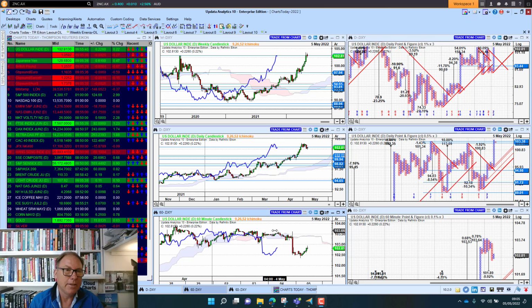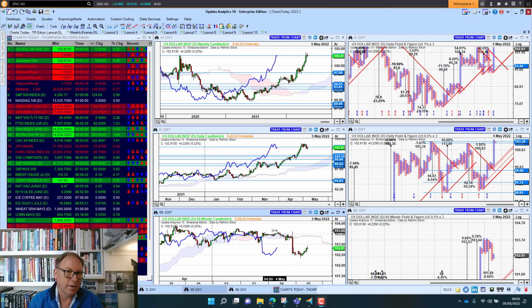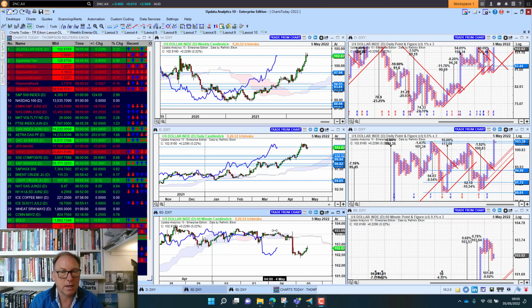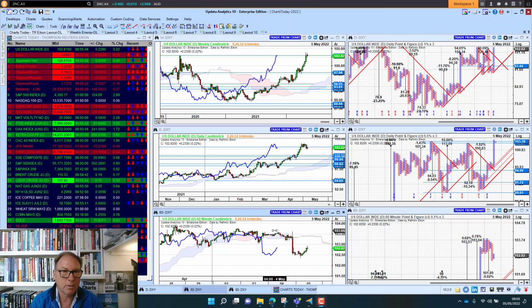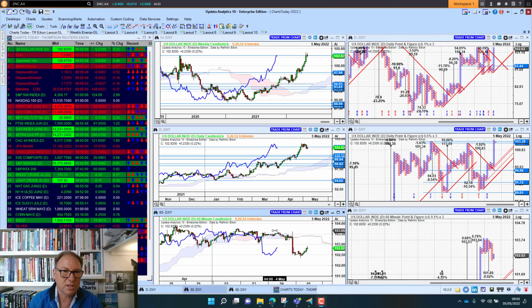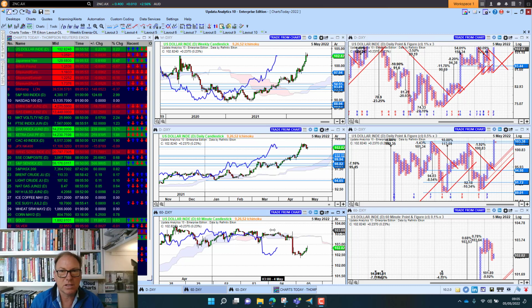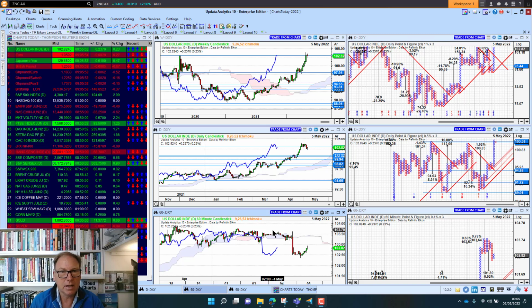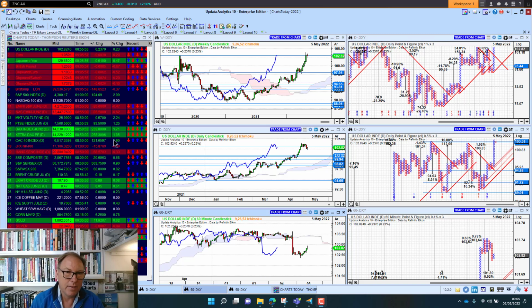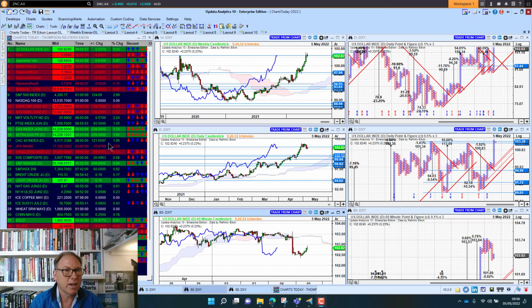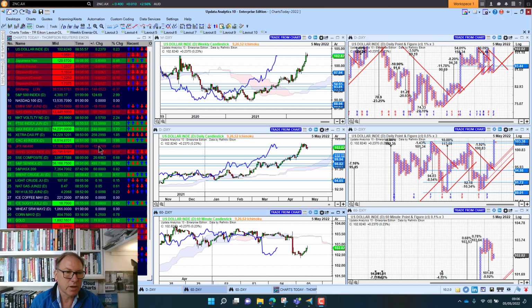And the big move overnight is that US interest rates were raised by 0.5%. That was the top end of the range. It was whether it was going to be a quarter or 0.5%. It was 0.5%. That's the biggest rise in 22 years. So we're seeing really that interest rate environment changing, of course, and that is going to have an effect on